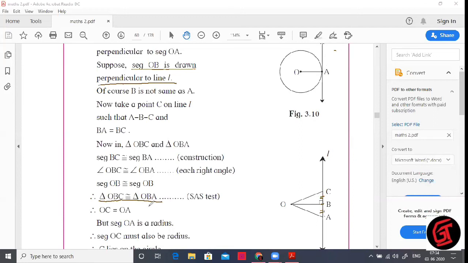If you have the textbook in front of you, or just write it in your notebook when you're doing the theorem, write this: OC congruent to OA. The reason is, if you remember, we had done in the previous standard,